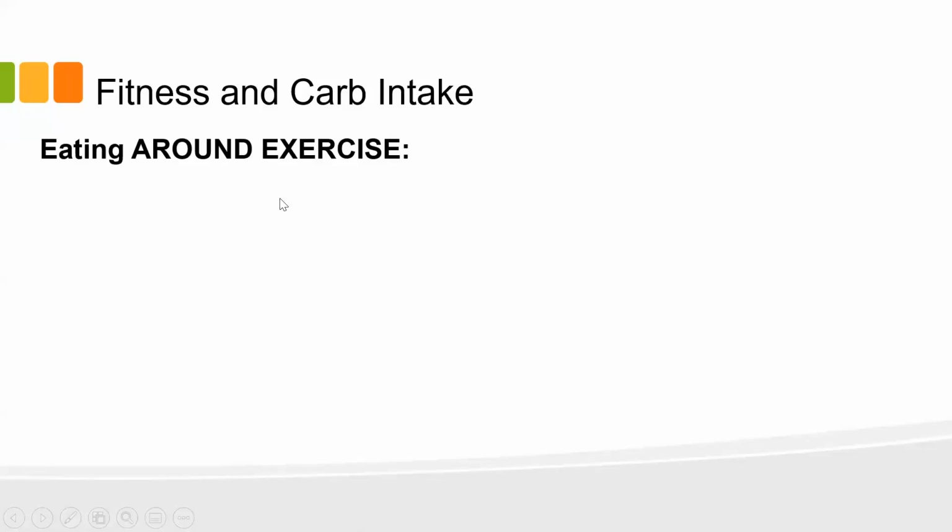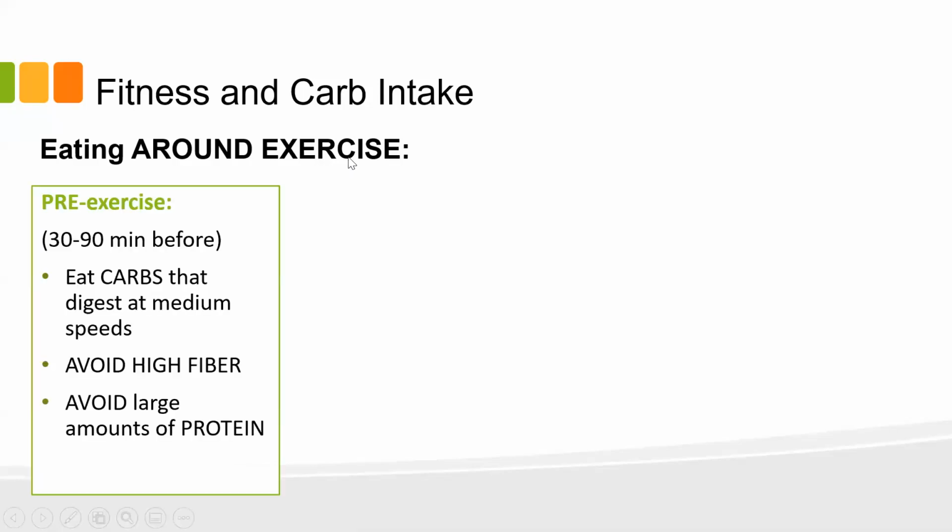Okay, so what about eating carbohydrates around exercise? These are the general recommendations around exercise, and exercise can mean both cardio and muscular exercise. Generally, pre-exercise, meaning an hour or two before, you want to eat carbohydrates, right? Usually starchy foods, not too much fiber, not too much protein. Again, if you're doing weights, you might want to have the protein in there, but you want easily digestible protein. So protein shakes and things like that might be better than having, say, a bunch of eggs.